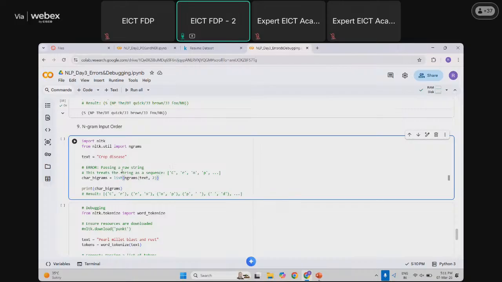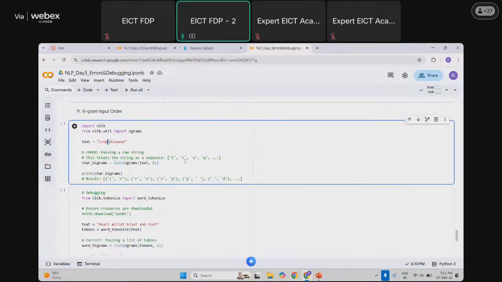If we want to split it, it will be working on each character, that is CR, and it will make the pair of 2 characters of a particular word. So the bigrams for "crop disease" will be CR, RO, OP, P and space. Again, space is also considered, and then space and D and so on. So this is not how the n-gram should be executed or implemented. Rather,